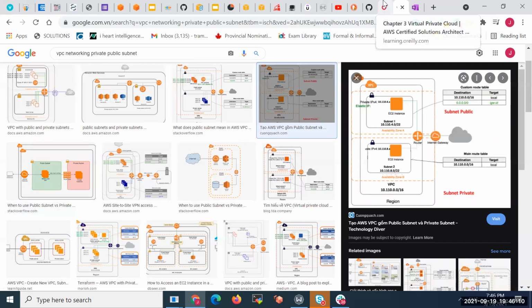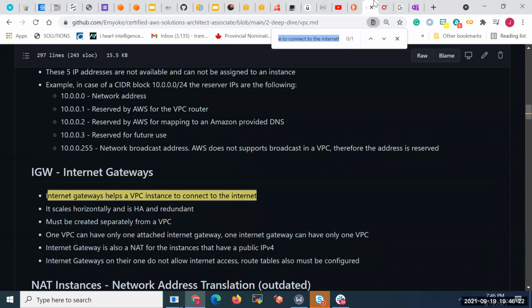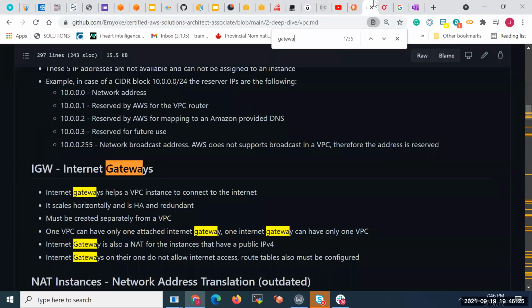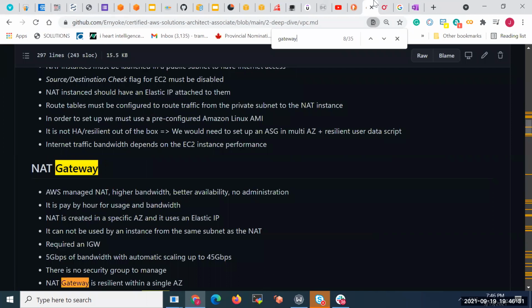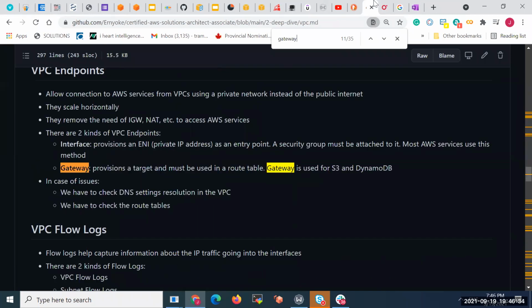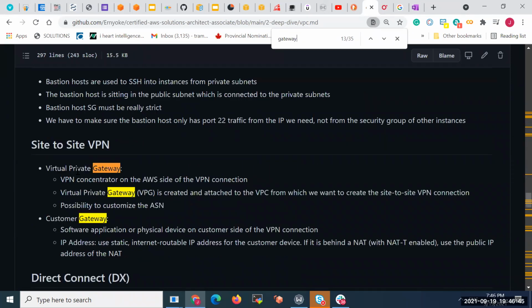Yes, and the thing that most confused me when I studied AWS is the different names of gateway, you know. So you have the internet here. Let me show you. Here, you can probably see it better. So we have internet gateway, and you have NAT gateway, and just interface and gateway again, VPC. So this is VPC endpoint. We have, and then you see the word gateway appear again, like virtual private gateway, customer gateway. So all of these gateways, you see them appear and appear again.